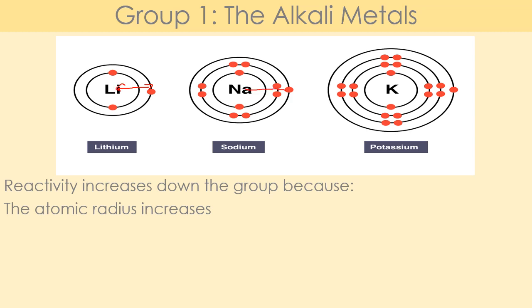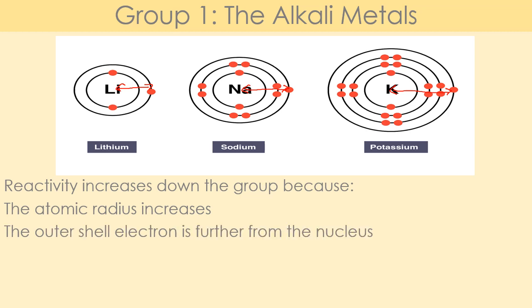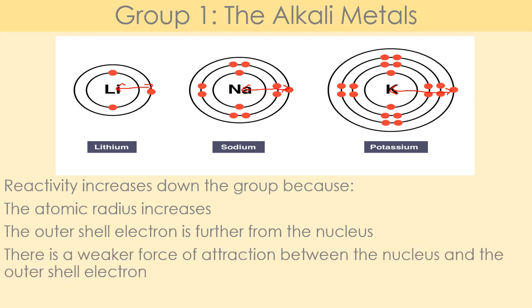Now our atomic radius is this distance here. It's the distance from the nucleus to the outer shell. We can see it's getting bigger. If I did the next one, so rubidium, it would be even larger. And that means the outer shell electron is further from the nucleus. Now, because it's further from the nucleus, there is a weaker force of attraction between the nucleus and the outer